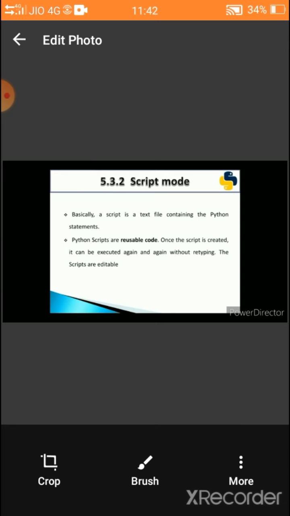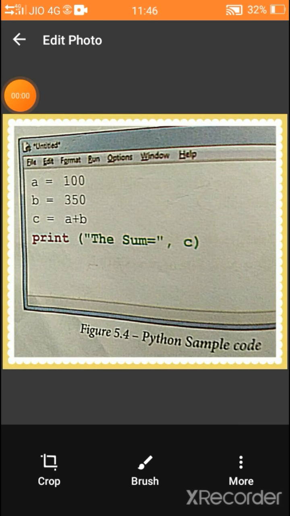The scripts are editable. In interactive mode, we cannot re-execute. But in script mode, we can compile the program again and again afterwards. That is the help of script mode. Let's see with an example. Look at the example for script mode.